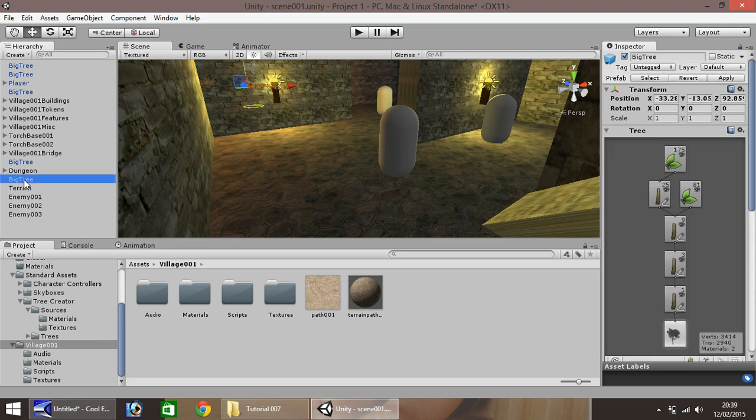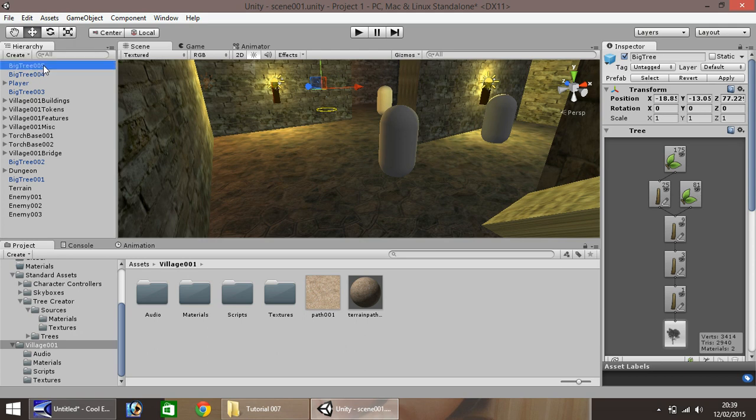We'll rename this tree. We'll keep it big tree and call it 001. Again with this one, 002. This one is 003. Another one, 004. And finally,